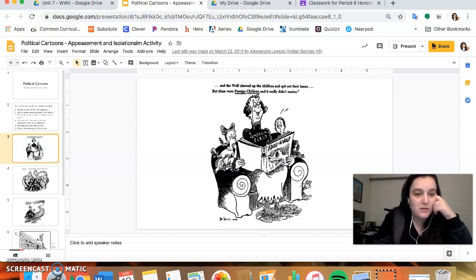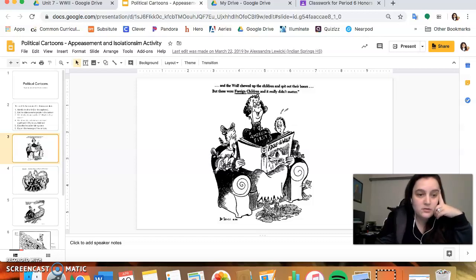List the objects or the people in the cartoon. Well, you clearly have a lady who represents America, a little girl, a little boy, an armchair, and a book with a wolf that most likely resembles Adolf Hitler. Adolf the wolf, they're talking about Adolf Hitler. Do you guys see that? America First. Put yourself in the time period of World War II, prior.